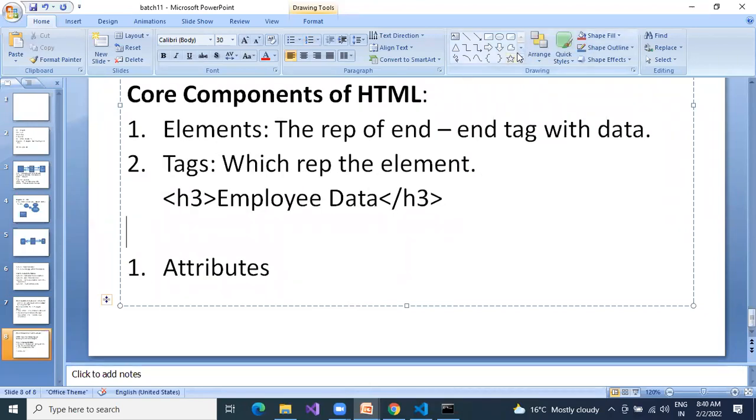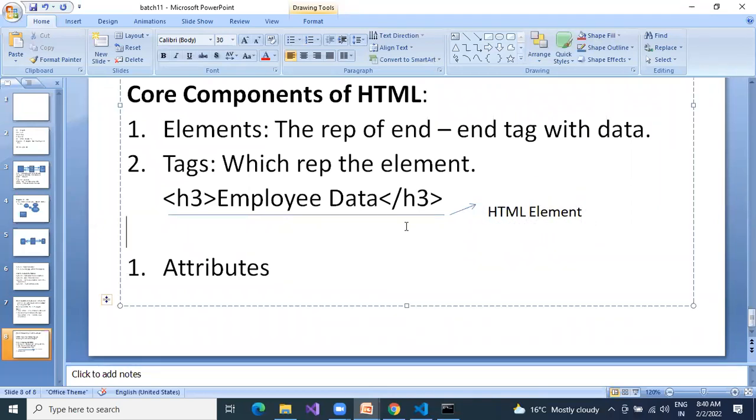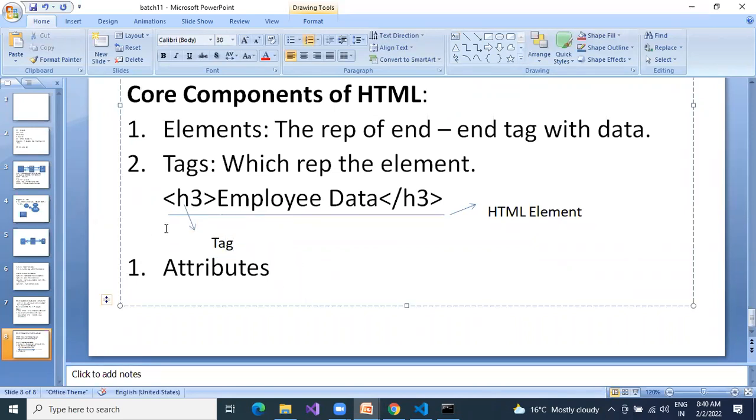If you take this one as an example, this is nothing but your HTML element. Next, this H3 is your tag. This is your tag, but where is the attribute? I will showcase. I think the meeting is going to end.